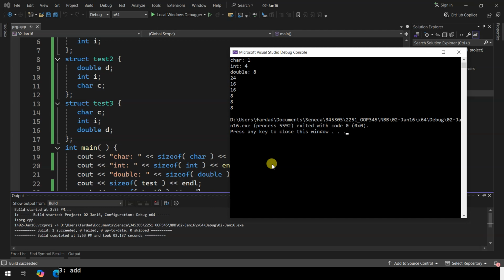So alignment and sizeof are two different things. Sizeof is for you to actually set it in a way so your data becomes shorter. If I'm supposed to have an array of 2 million of those, imagine how much space I'm going to save by just sorting everything in descending order. Alignment is for you to see where they sit in memory when we go to a higher level of programming. Or better to say lower level of programming. Low level programming dealing with memory, but more skillful in programming. Let's put it that way.